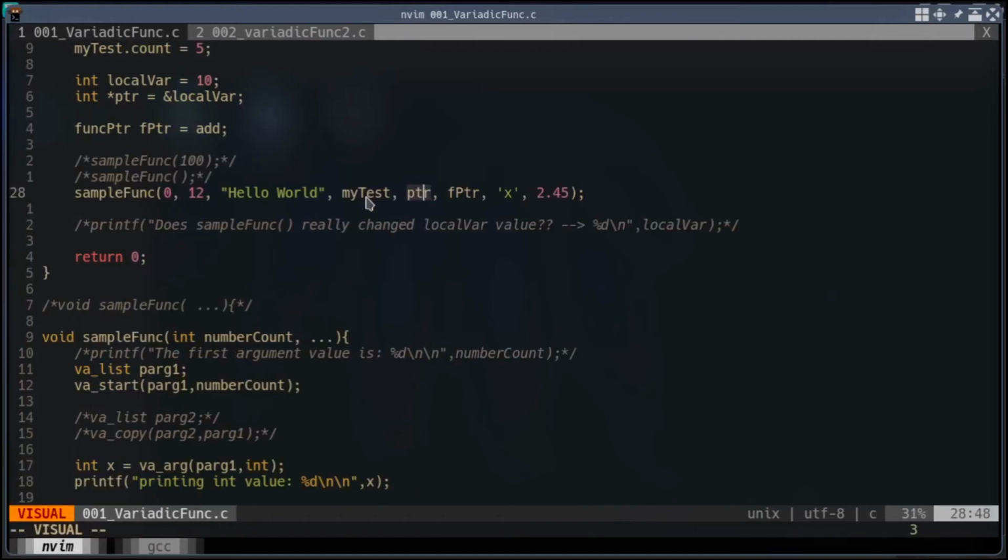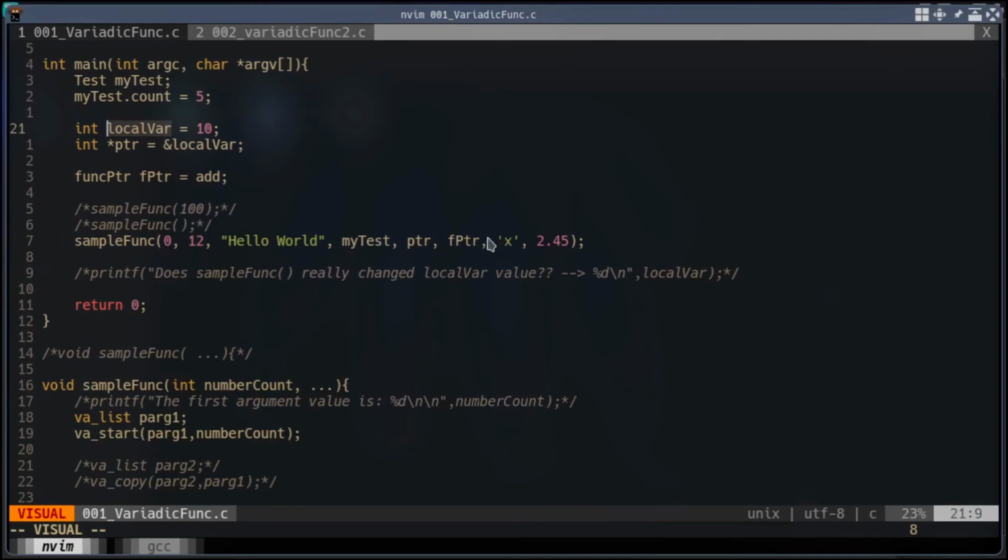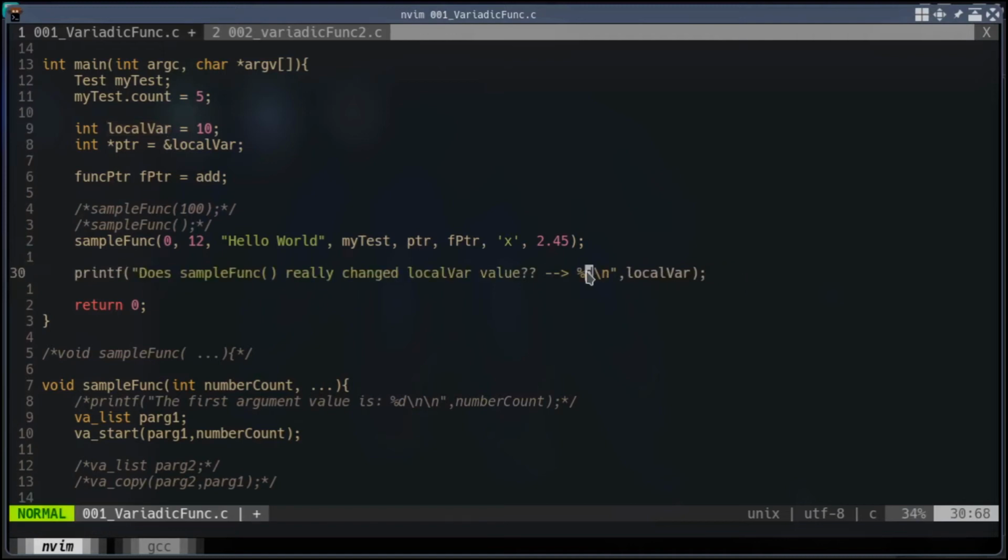Now you can see the fourth optional argument is ptr, which is actually an integer pointer. You can see here I declare a local variable called loc_var, which has initial value 0, and this ptr is pointed to that local variable. What I am trying to do is use this sample function to change the value of loc_var indirectly just by passing this ptr. Once the function returns, I will try to print the value of this loc_var integer variable and check whether it changed or not. So let me comment out this line.